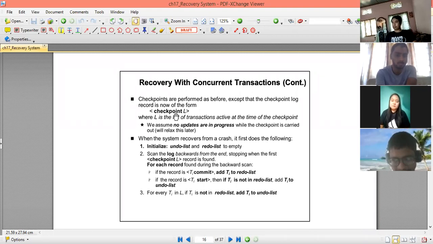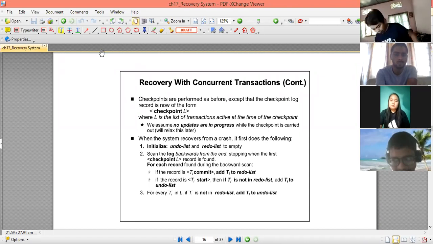Now here it will be checkpoint L, where L is the list of active transactions at that moment in the system. That means L holds the complete list of all the active transactions at that moment.